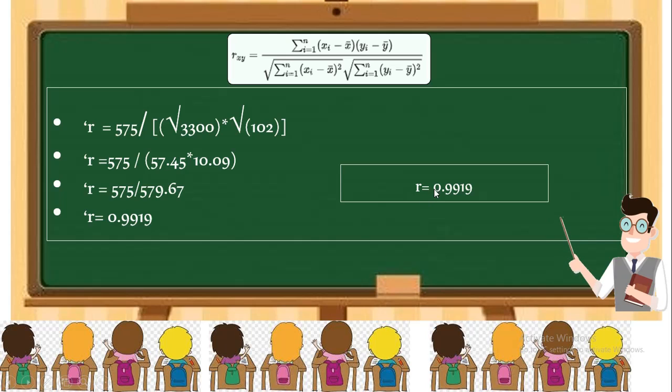Again, r is positive and r is very near to 1, so we can say there is a very high positive correlation. So we have calculated two methods. One is the x bar method, which we can use when our x bar and y bar are full digits, and we calculated the x and y method. We can use it when our x and y variables are small, which can be easily multiplied and easily squared.